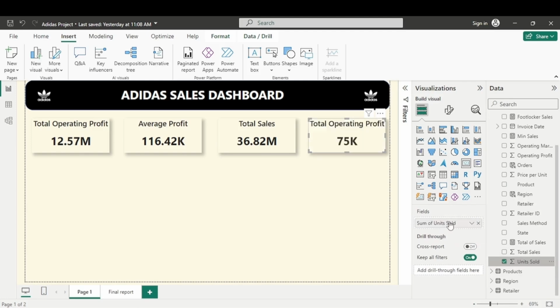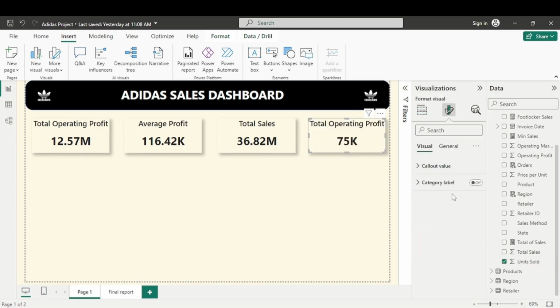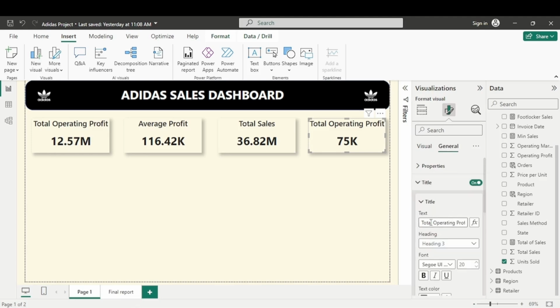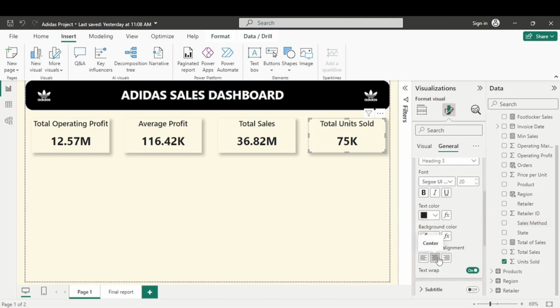Is the total units sold. Put it at the fields, and then for the title, capture total units sold. And you align it at the center. This is good. I like how we've used one type of chart or visualization to answer all the 4 questions. We reduce this size